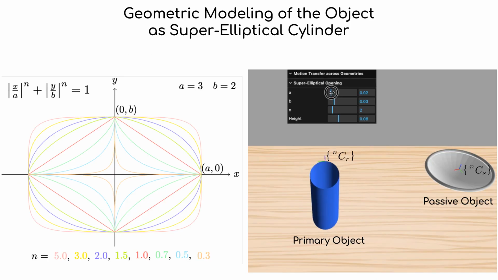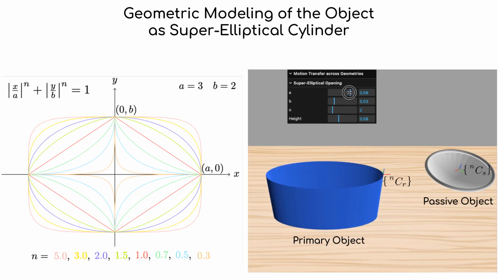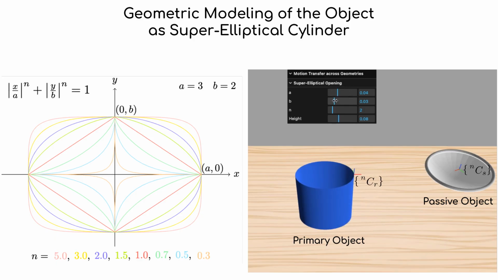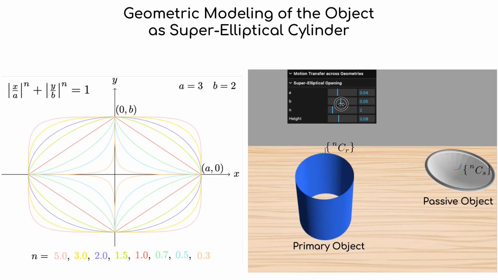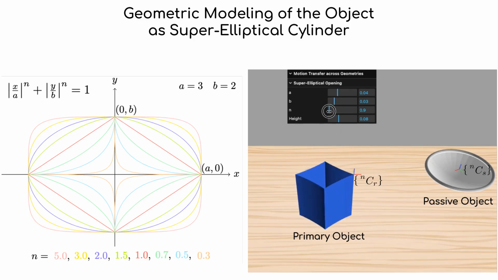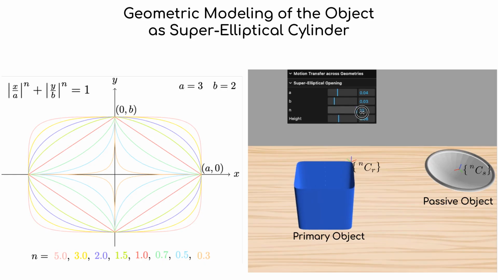In this work, we model objects as superelliptical cylinders with four parameters A, B, N, and height. By changing these parameters, our algorithm gets to work with a large set of geometrically different objects, thereby making it very robust. We assign a new motion transfer frame to critical points on the task-related objects and call